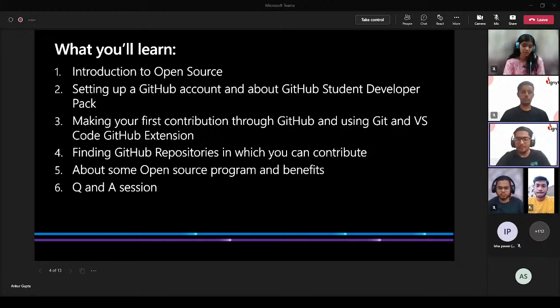For that, there are some prerequisites that we have shared with you before the session. That includes installing Git. That is, I think, the only major prerequisite that you should have. You should have Git installed in your system. If you haven't installed Git yet, feel free to check it out. Just go to Google, search download Git, and there will be a link. The links will also be shared in the promotional messages that you have got. So it is important that you install Git so that you can follow along with me. The hands-on session will be beneficial.